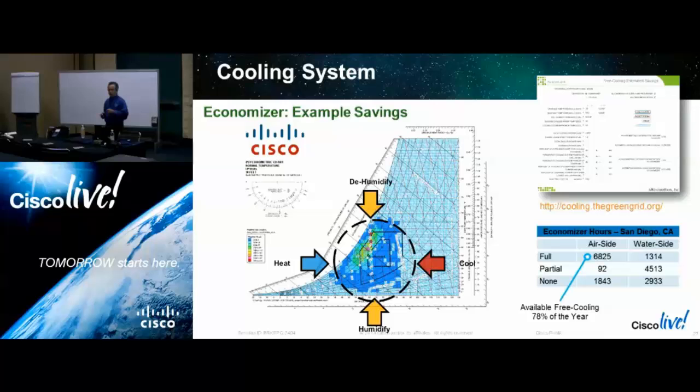But when we look at where we're going to site data centers, if we take a look at this economizer potential, our hypothetical data center in San Diego can use free air 78% of the year. We ran these numbers ourselves and used the Green Grid, that's greengrid.org. They have a tool. Their numbers agreed with ours, which was pretty fortunate, I guess, or validating as well. But 78% of the year using free air cooling, that's a significant amount of change. Okay, so think about these kinds of things as you're siting data centers and thinking about growth, because it does matter.